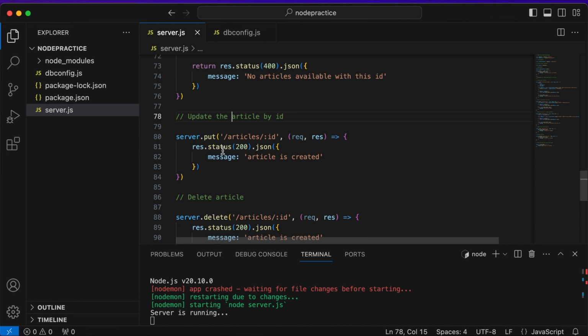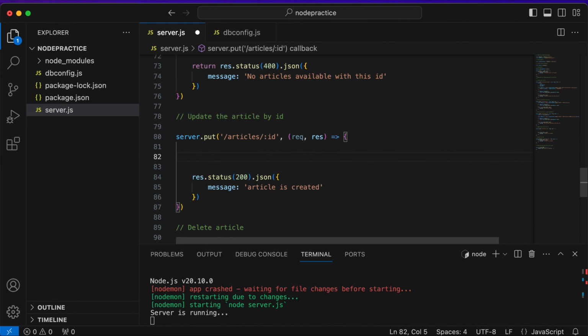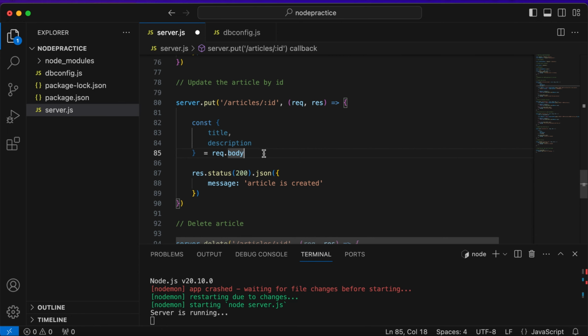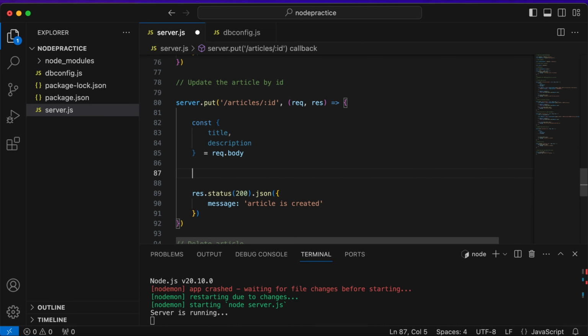See, update the specific article. Here I am getting the input from the user, title and description, from request.body. Okay, now I'm building the query in a simple string format. Later on we will use some ORM tools to generate the query, but for the sake of understanding I'm writing this query. Okay, now see,